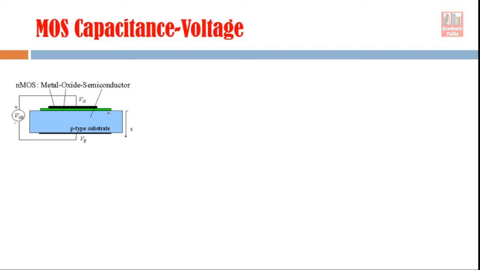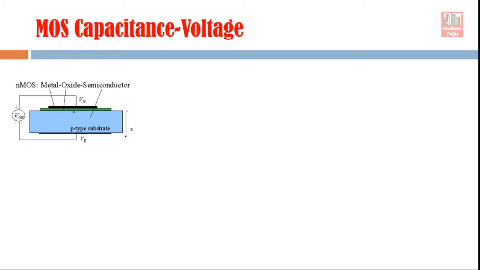This green color is the oxide layer, and over it there is this dark black layer, which is metal. So it is a metal oxide semiconductor structure, and on the gate we have applied a gate voltage. The substrate is grounded, or whatever voltage you apply to this device is with respect to the substrate terminal. When we change this gate voltage, many changes occur in the semiconductor, and those changes decide the conductivity of the semiconductor.